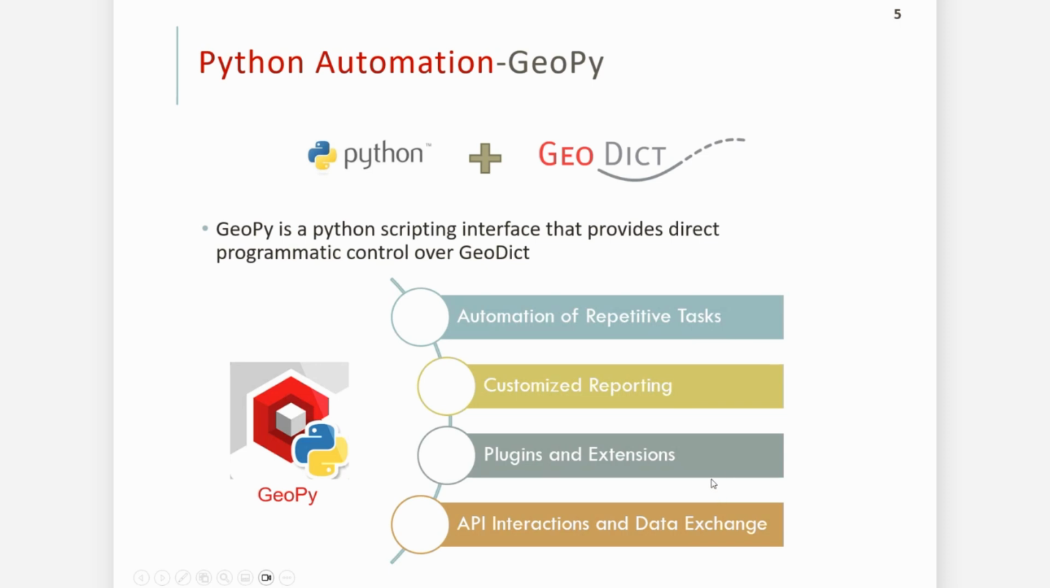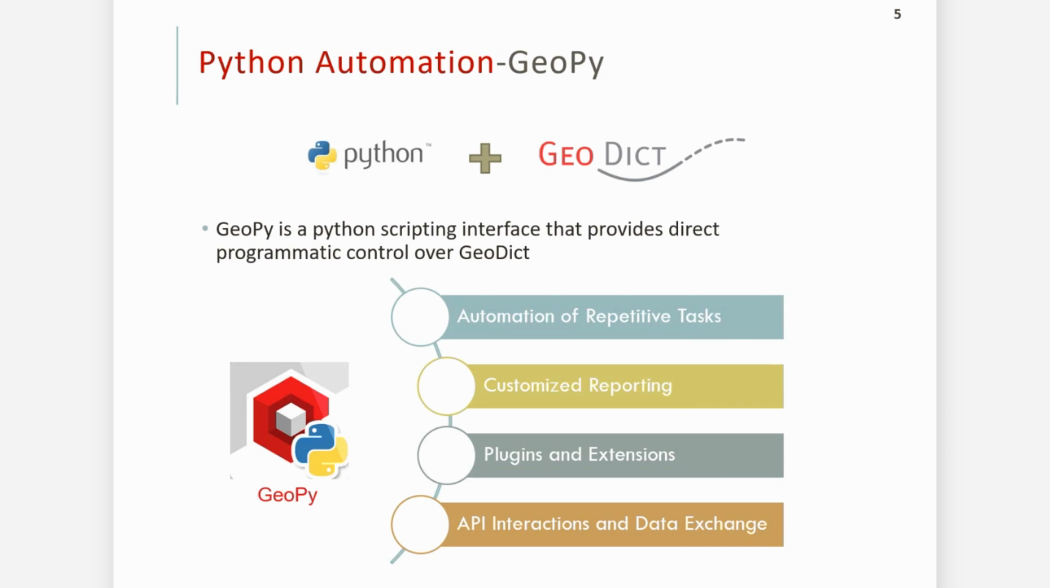GeoPy can be used at the top for repetitive tasks. If you want to do the same thing every day, every week, every month, it's better to go for Python scripting, and you can get rid of running a lot of things every time. The second application is customized reporting. For example, if a company wants to put the logo of the company at the top left of all the images, the best way is not to do it each time. It's just better to go for